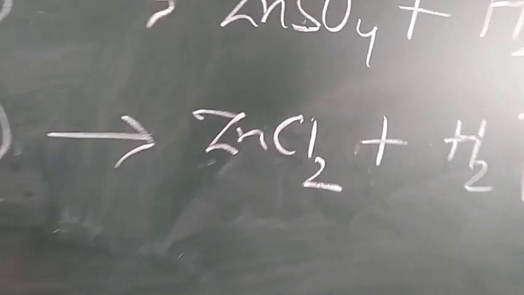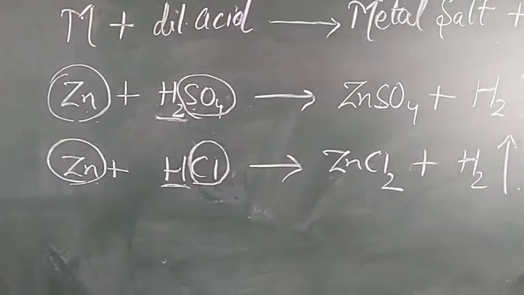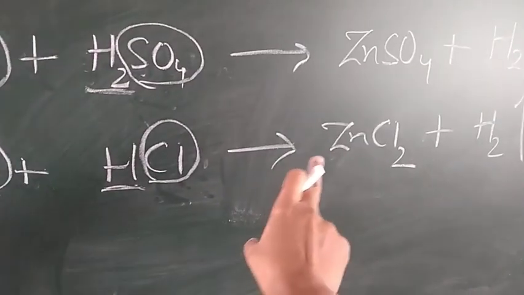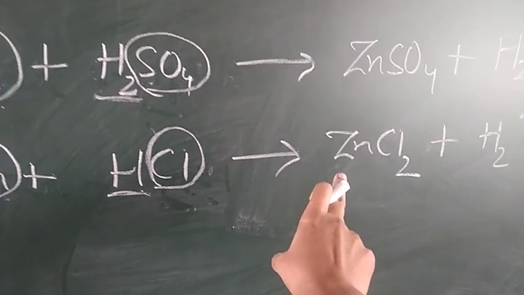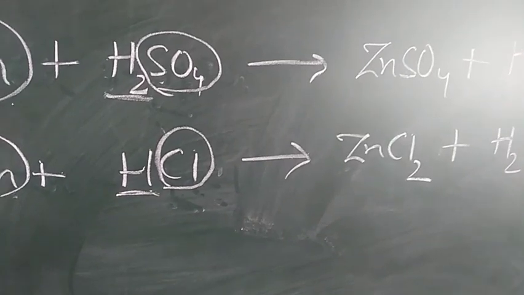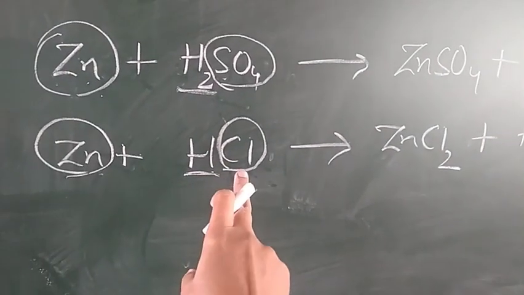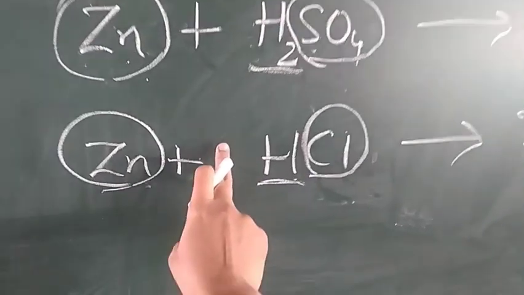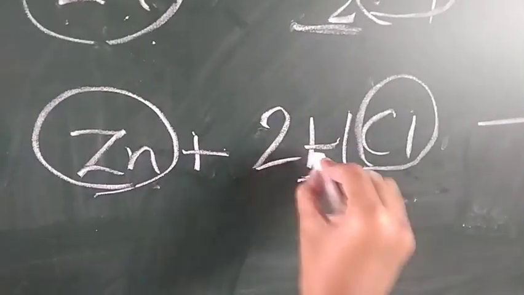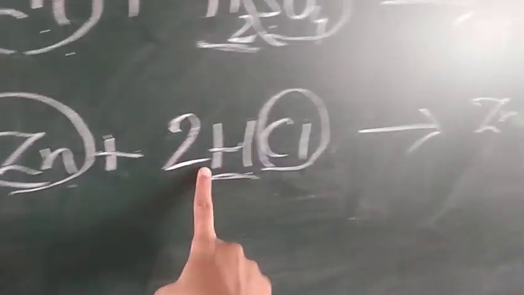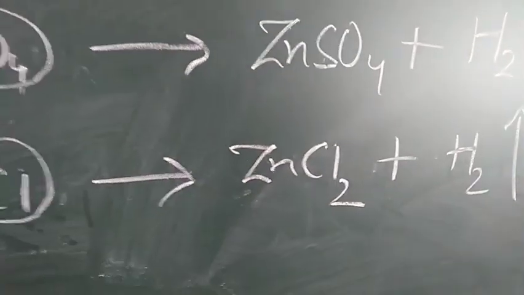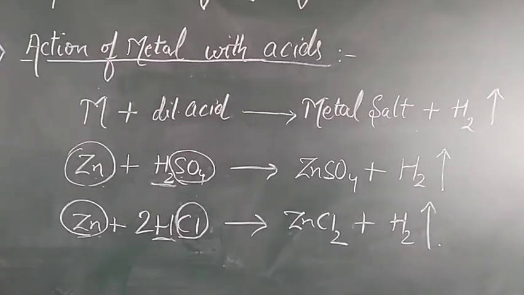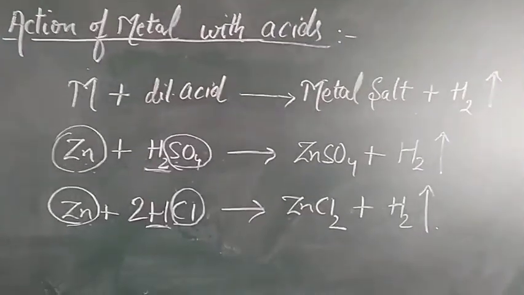Now we will balance the reaction. The first reaction is already balanced. In the second reaction, you can see one zinc on the reactant side and one on the product side, so zinc is balanced. Second, we go with non-metal balancing. First we balance chlorine. Here one chlorine and here two chlorine, so we put the number 2. Now hydrogen is 2 here and also 2 here, so our reaction is balanced. Like this, hydrogen gas is prepared when metal reacts with acids.